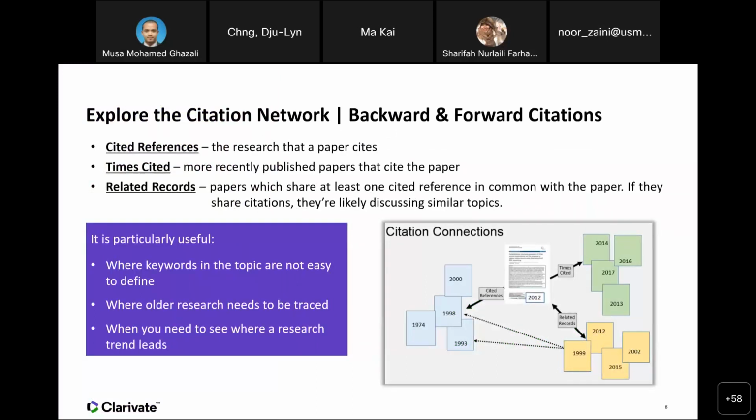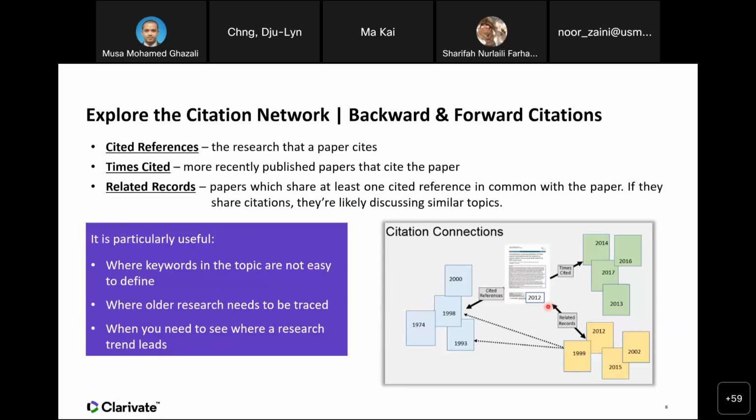And because of the comprehensiveness of how we index the content in Web of Science, we index the full reference list of every single document. You are now able to quickly identify the network of citations based on a set of papers you were interested in. So first step is I do a keyword search, find documents that you think are interesting and have sparked some idea for you. And then from those originating papers that you were looking at, you start to explore those papers' citation network. Because from exploring the citation network, you will be able to uncover more